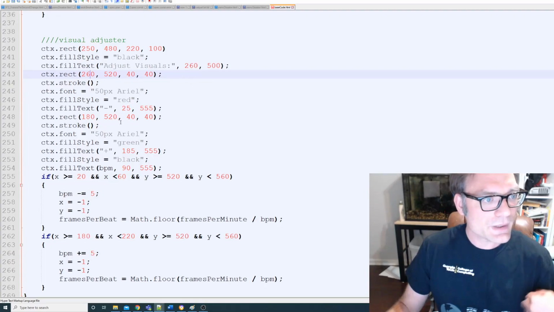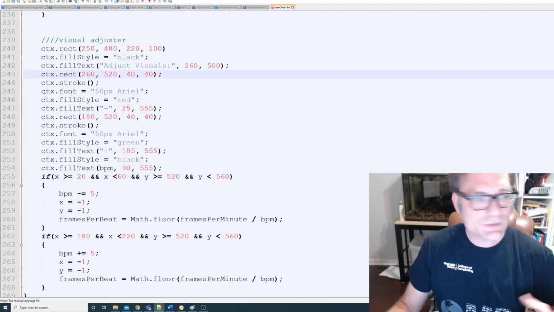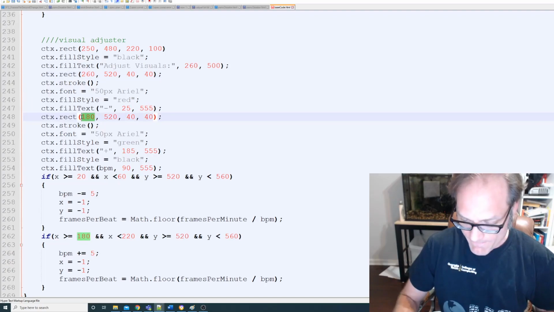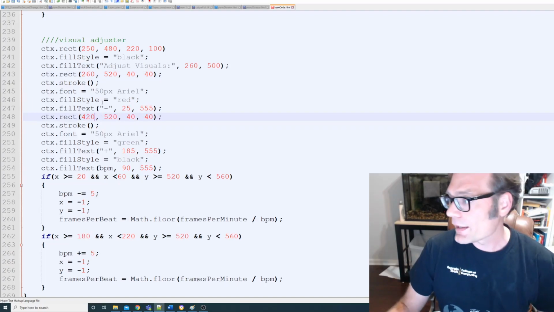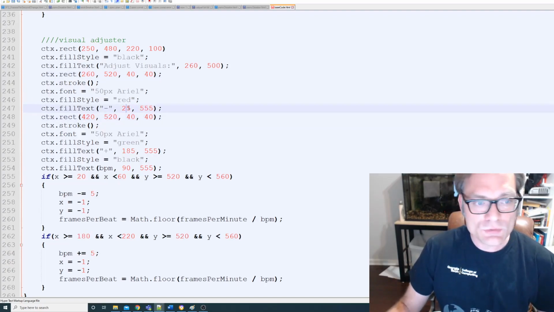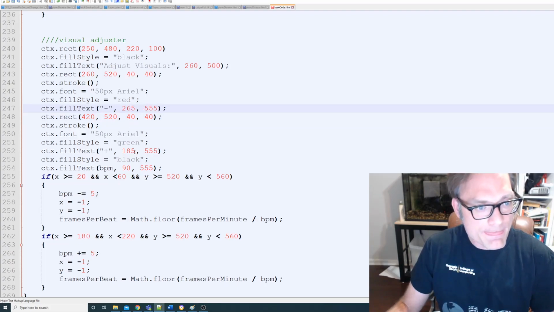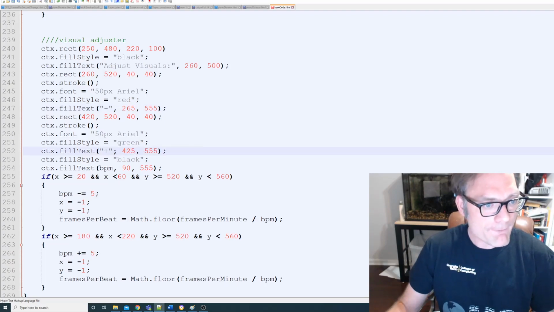So here we have a rect, so that's 260, and this is going to be 420 right here. And we have a rect, this is going to be 265, and this is going to be 425, and this is going to be